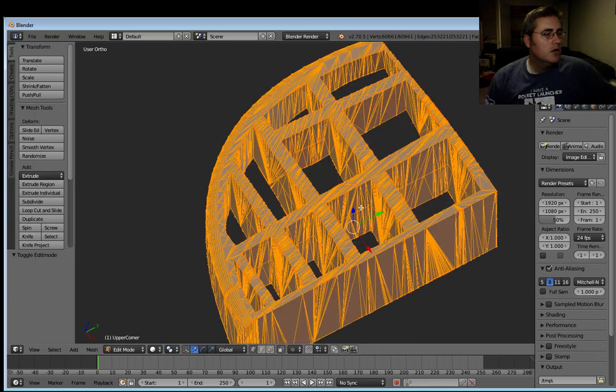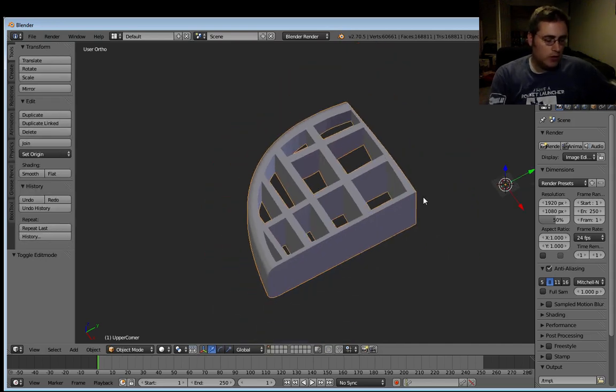Whoa. Okay. Now I see what the problem is. See, this thing suffers from a problem that happens when you Boolean slice objects. Here, let me show you. Let's take this out of edit mode, and let's